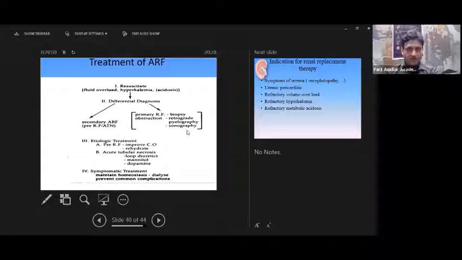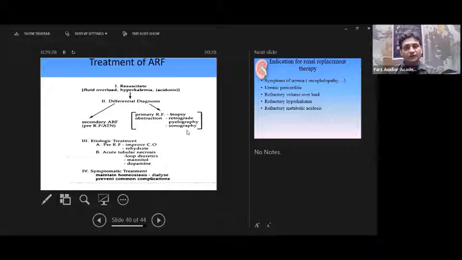First is resuscitation of this patient when we see ARF, like treatment of hyperkalemia, acidosis, and fluid overload. Then we have to differentiate between prerenal AKI and intrinsic renal disease. If it is because of prerenal AKI or ATN, then we have to give supportive treatment. If it is because of intrinsic renal disease or obstruction, then we have to treat by biopsy or evaluation and treatment of obstruction.